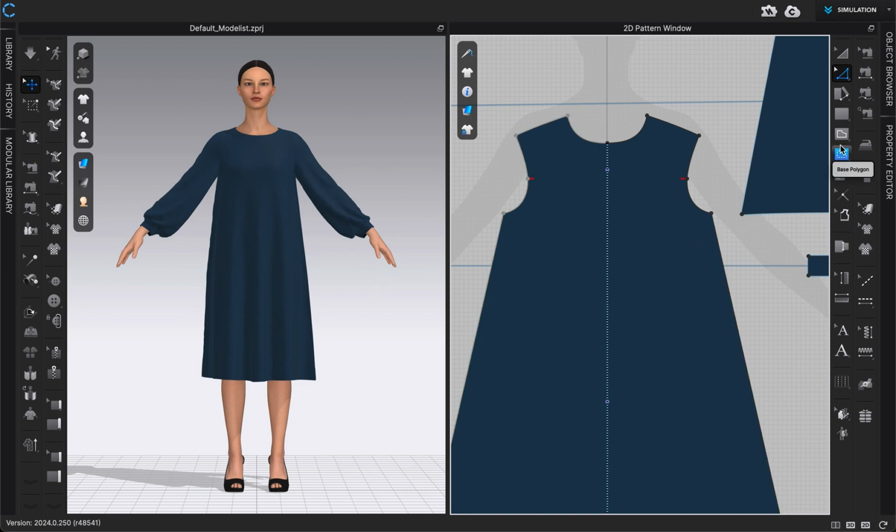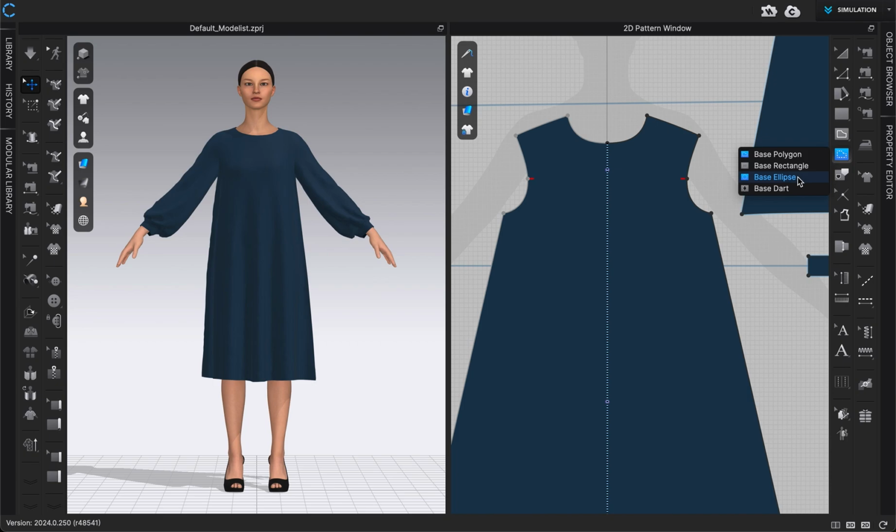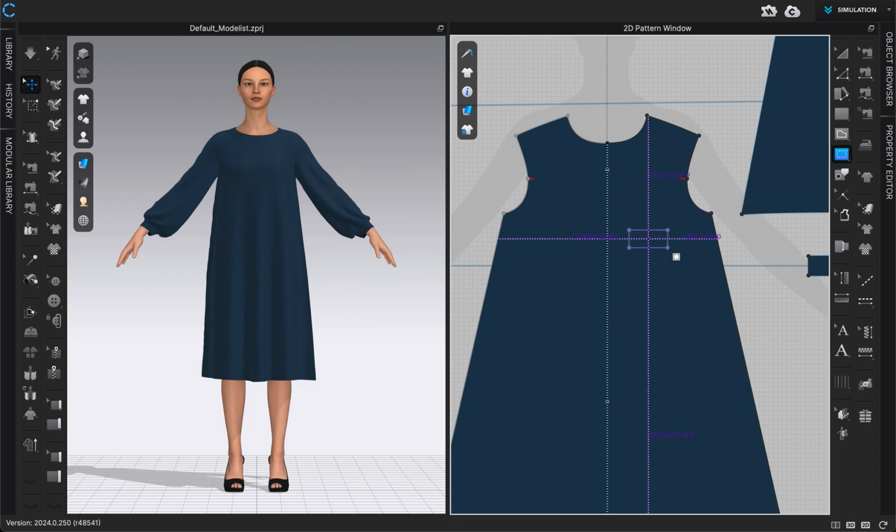And then I'm also going to show you how we can add new baselines. So underneath our internal line / polygon tool, which we use a lot, we also have our base polygon tool. It looks like the dotted shape on top of the rectangle. And so if I click on that, we have all of our same tools that we have for internal lines: the base polygon, base rectangle, base ellipse, and base dart. And so the base rectangle works the same way as our internal lines. I can click and drag to create a rectangle. Same thing with the ellipse. I can also hold down Shift to turn on my lock guides,